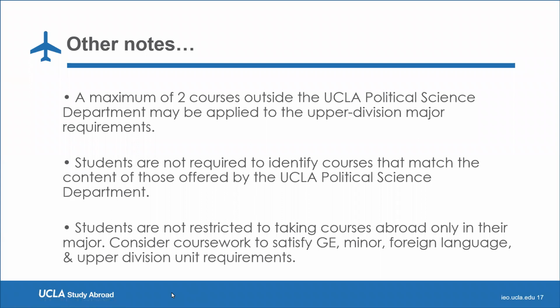When you're studying abroad, make sure you're looking at your schedule to make sure that you fit in, and know that when you're gone that semester or that quarter, you have to make sure you're still taking those other courses to fulfill the units that you're going to be missing if you're only doing political science. So a lot of students minor or double major.